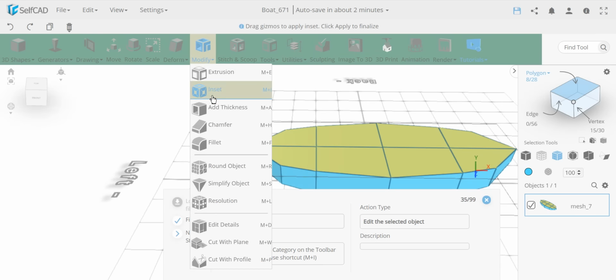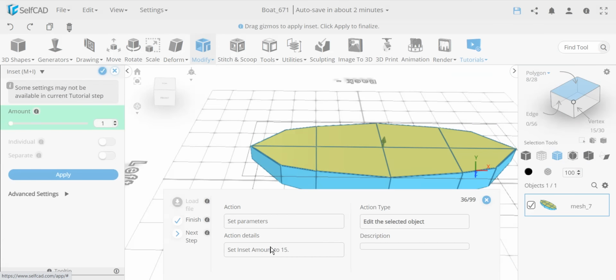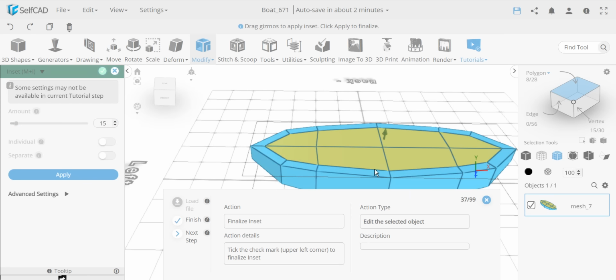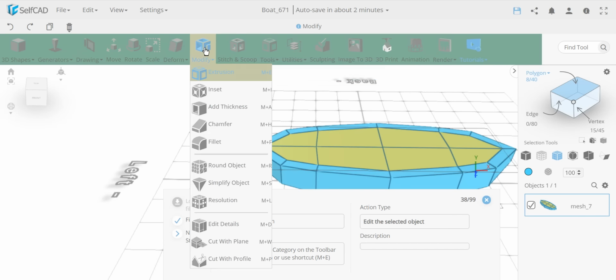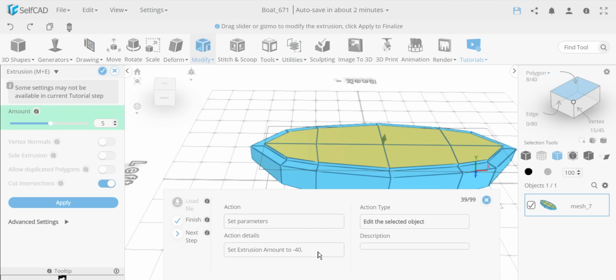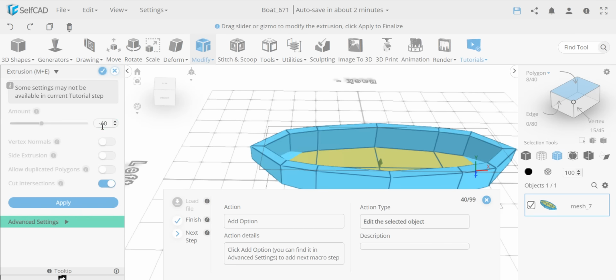The first thing we're going to do is make an inset and set it to 15, which basically gives it, if you think about it, the wall thickness we want the strip to have. And we're finalizing it. Now we need to make it cut into it. So we're going to go extrusion and make a negative extrusion, -40, which in this case will basically cut it